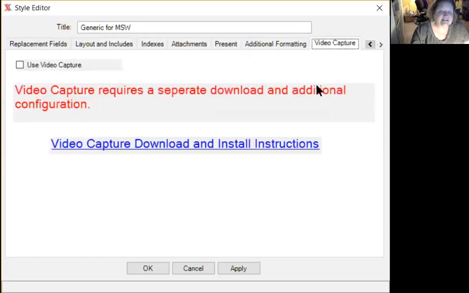The very last tab is the video capture tab. And I think right now video capture is not functional. I think that we need